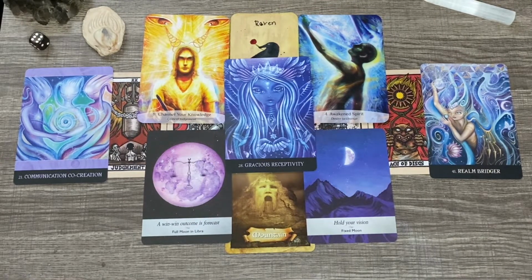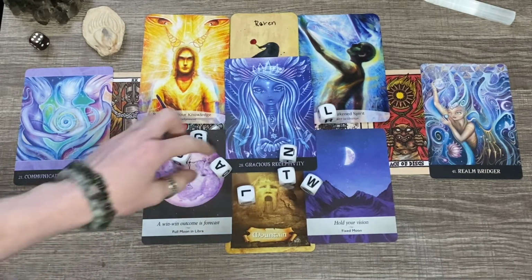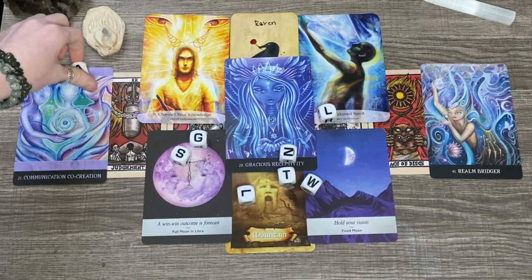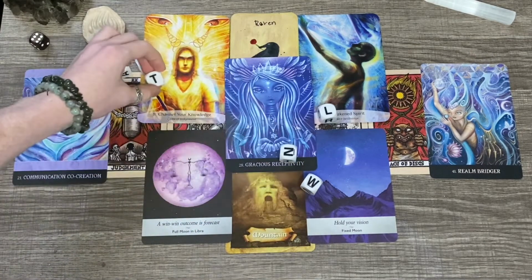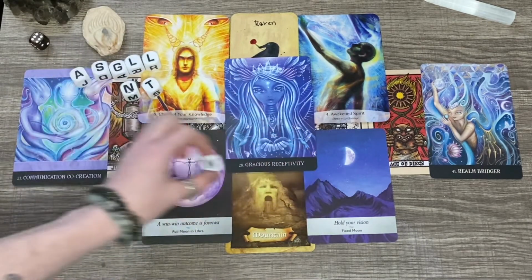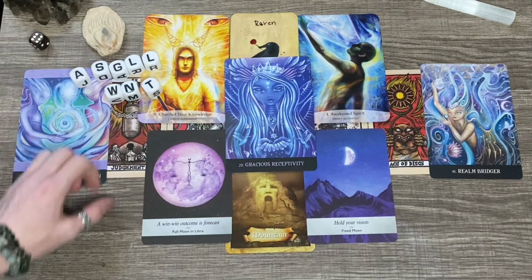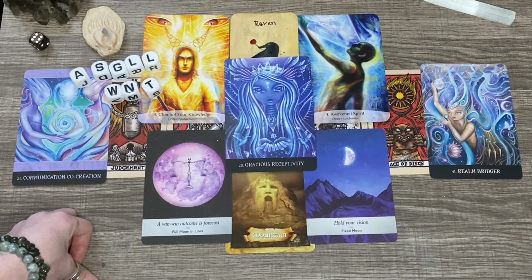So we're going to be doing the letters. Let's see what we can get for your November. That was a lot. Okay. A, S, G. We have an L. We have a T. Another L. Oops. N and W. Well, admittedly, I don't see anything. I do see tag or tags, but that doesn't necessarily...